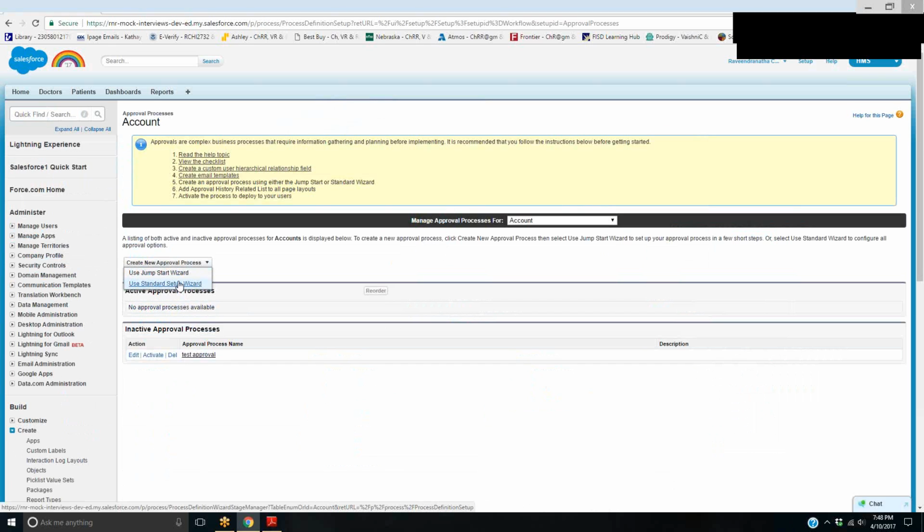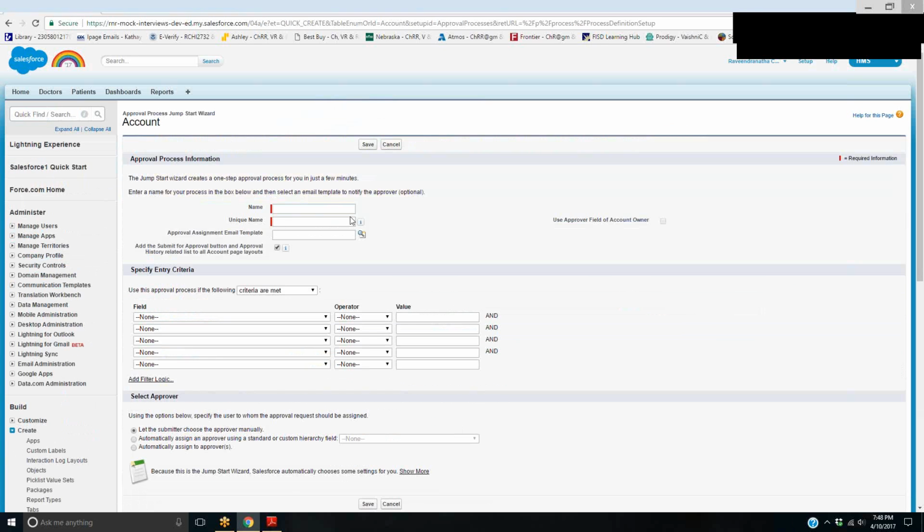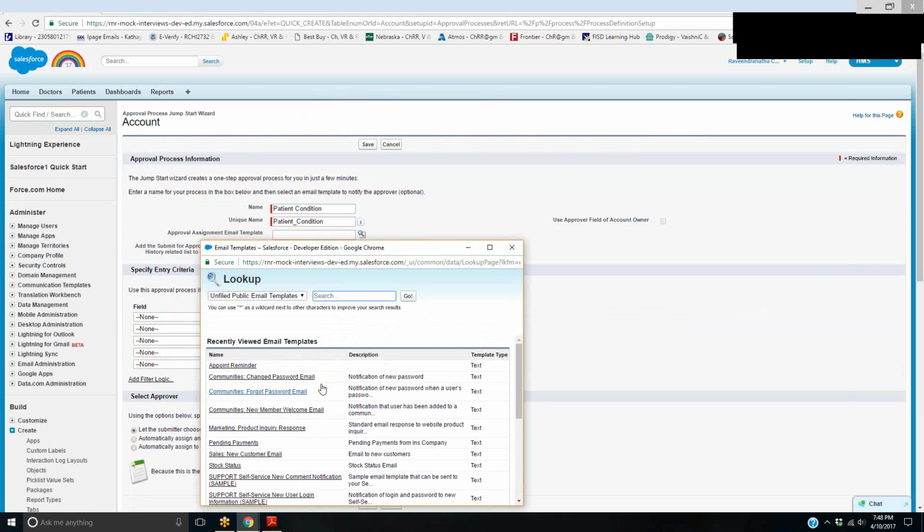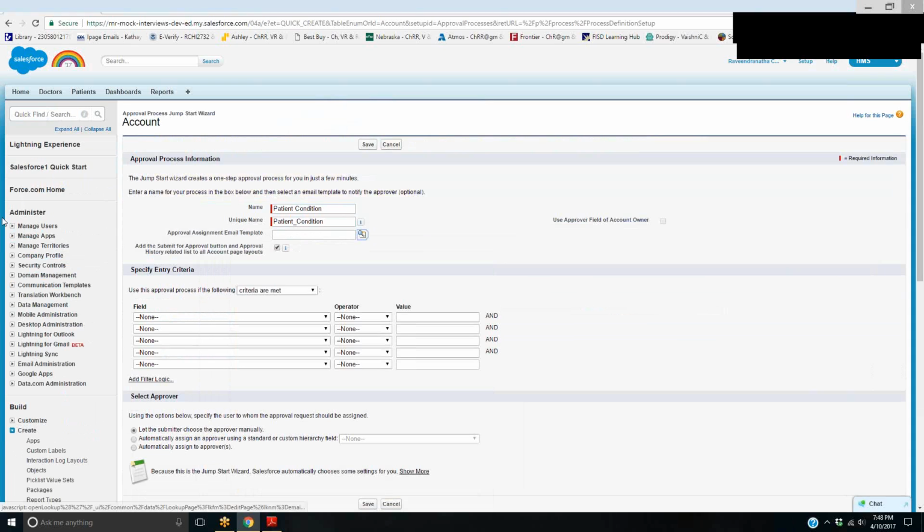We'll go ahead with the jump start. There is also the standard step, where you will be filling in each and everything, but jump start will automatically take most of the fields. For example, now if you want to go with maybe this one, patient condition, and approval email template, you can choose one of them, otherwise you can create one. Let's do that. That would be meaningful actually. So if you create one,